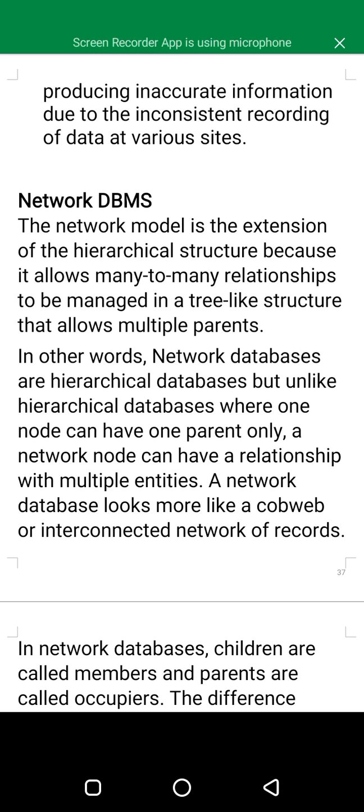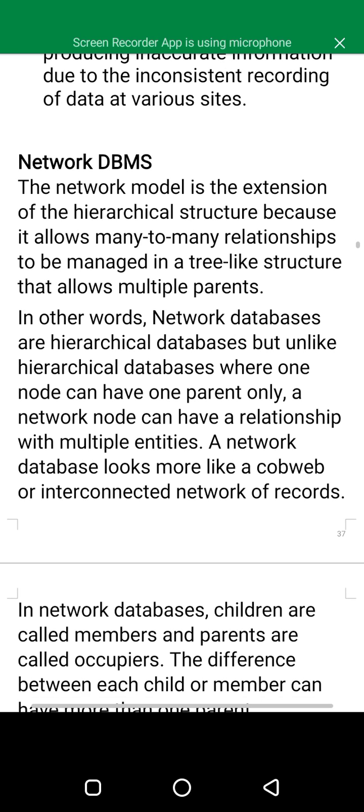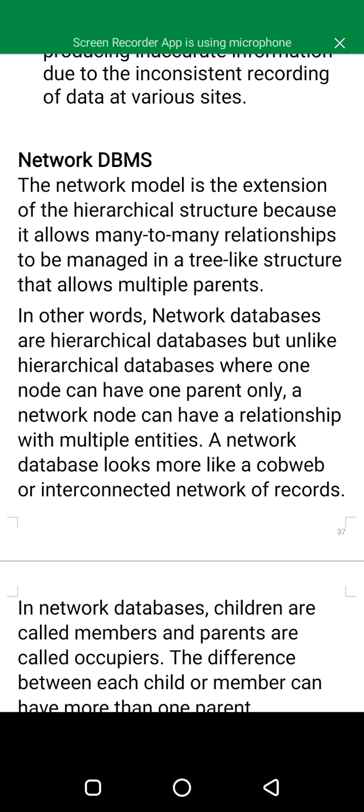In other words, network databases are hierarchical databases, but unlike hierarchical databases where one node can have one parent only, a network node can have a relationship with multiple entities.